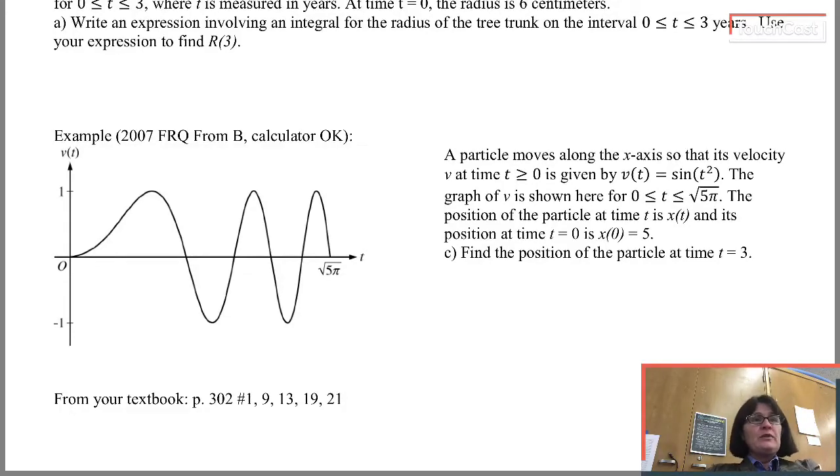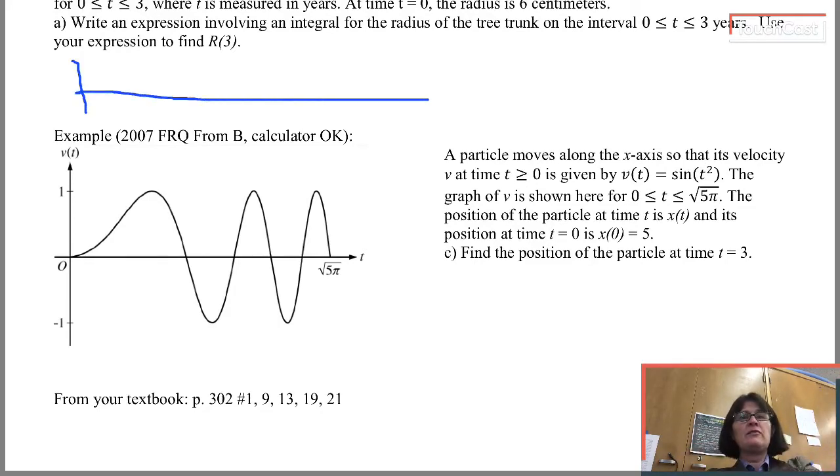All right, here's our last example. I have a particle moving along the x-axis, and I have an expression for its velocity, v of t, and I have a graph of the velocity, and I know that at time 0, it's at x position 5. So that is not the position graph. If I made the position graph, this is time, at time 0,